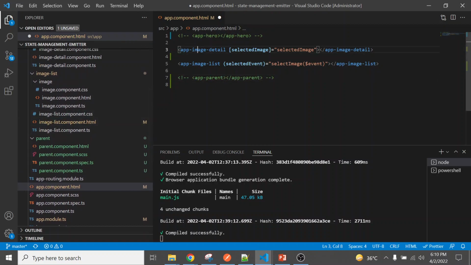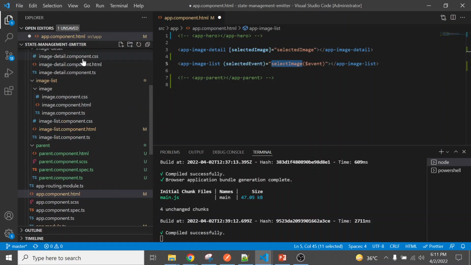Suppose here we have an image detail component and an image list component. As I already showed you, this value comes from the select image emitter. Select image is basically an output emitter. So these are three components: image list, image, and image detail.